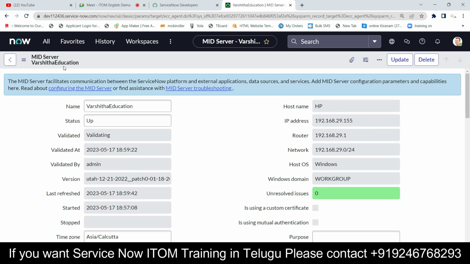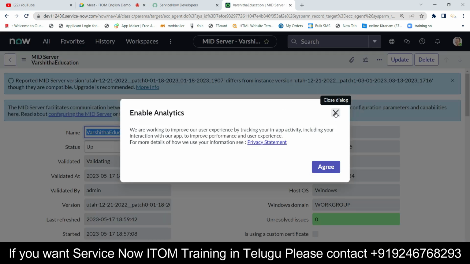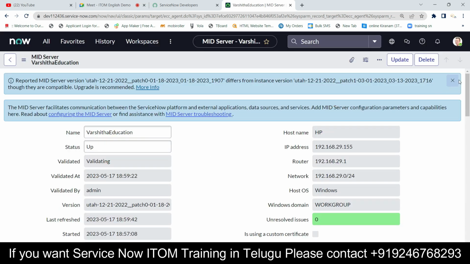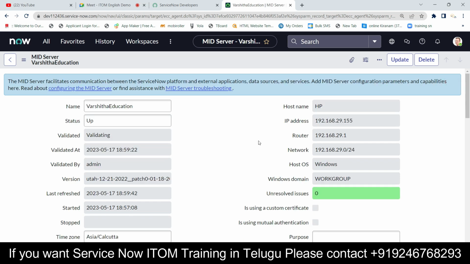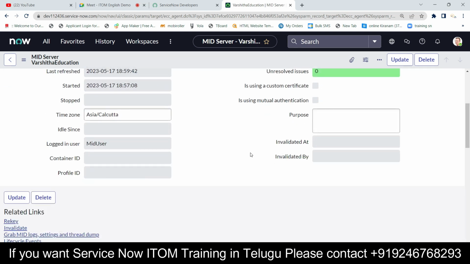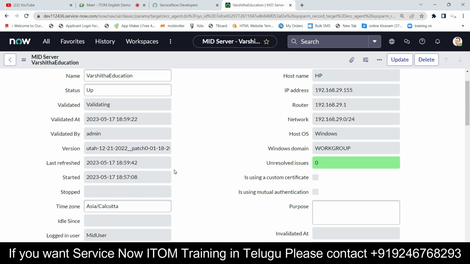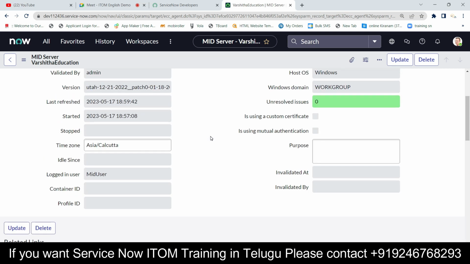See, it is still validating only. If you refresh it two or three times, then automatically it will show validated as yes. Still validating. I think it will take a little bit of time. Don't worry. After validating, it shows as validated. It's a yes. That's it. Okay. That's the reason. If you validate it, only then will it start the MID server. See, validated at is 1 minute ago, and validated by whom? Admin is the one to validate. So admin is validating this particular one. So what does it mean with MID server? That's the reason. So MID servers